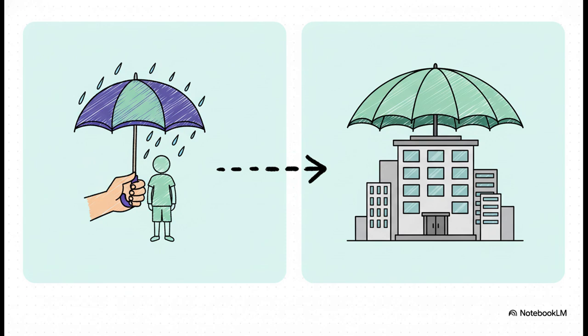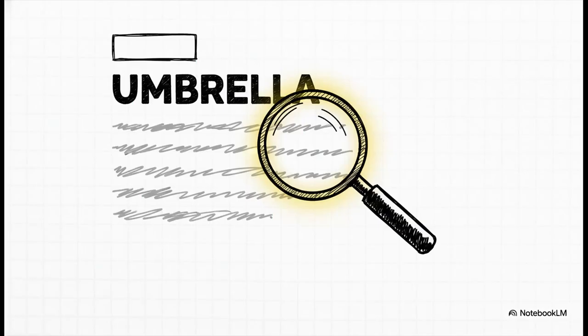So check this out. Look at how the word itself just expands. On one hand, you've got the physical tool, the thing we all know. But then, on the other hand, it becomes this abstract idea, right? Like an umbrella company. The word isn't just a thing you hold anymore. It's a concept. It's a structure that kind of provides cover. And that flexibility, that's our first big clue. But honestly, that's not even the most interesting part.